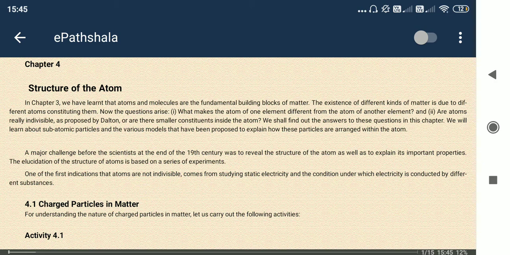Okay, so what is actually an atom? It is composed of two parts: the nucleus and the region outside the nucleus. Inside the nucleus, protons and neutrons are present. Proton is positively charged and neutron is neutral in charge. It does not have any charge, okay. And surrounding the nucleus, revolving electrons are there, okay. Electrons are negatively charged.